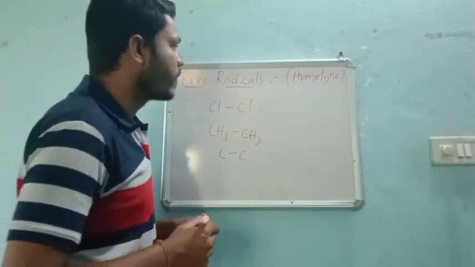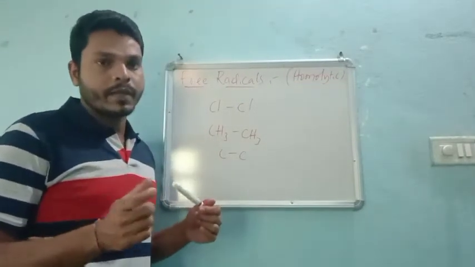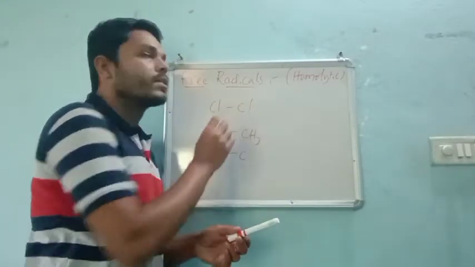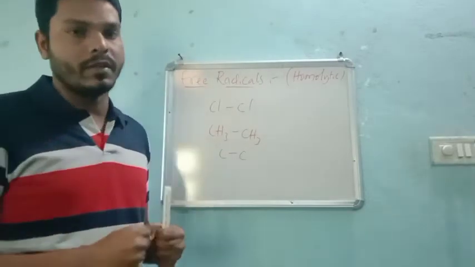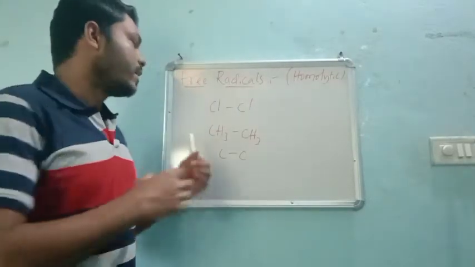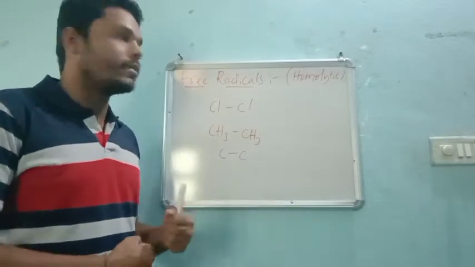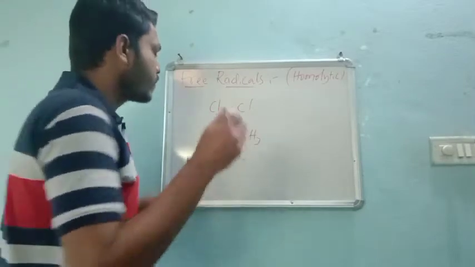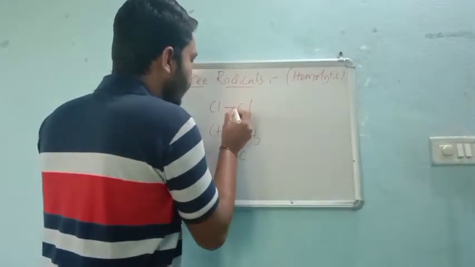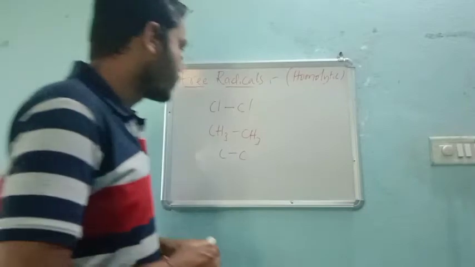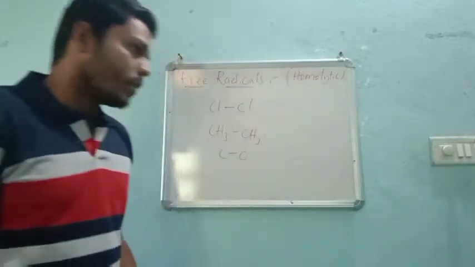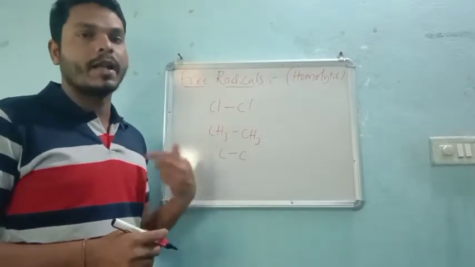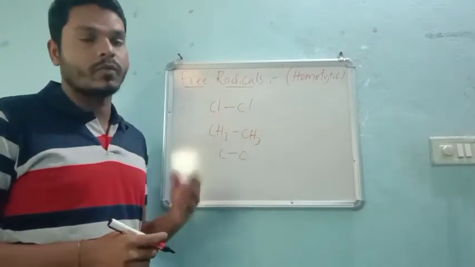Whenever the homolytic cleavage takes place, because of the same electronegativity, both the elements have the same energy, generally we can say, and they drag these two electrons in such a way that, right? So I said already, for the formation of a bond, how many electrons do we require? Two electrons, right? If there is a single bond between any two elements, then we require two electrons. If there is a double bond present between any two elements, four electrons.